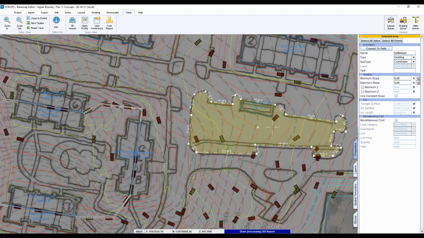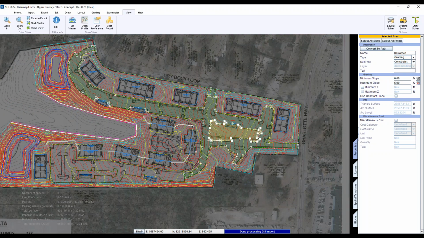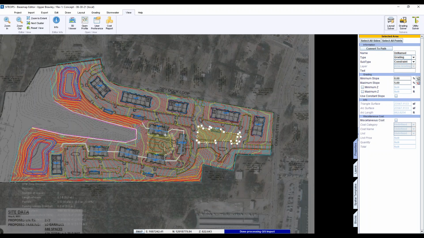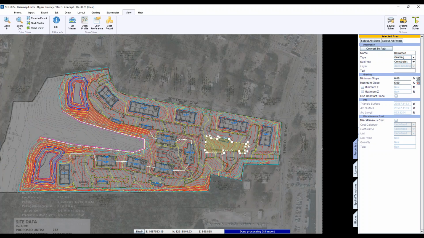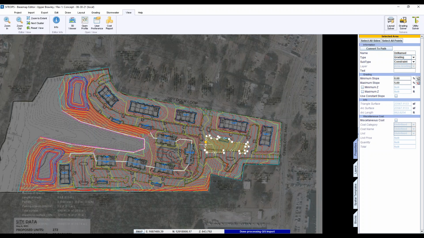It will dig holes because this is an import site. And I know it's an import site because everything's sloping downward, really steep from the get-go. So you know you're going to have to import to make this site work. It's just a matter of how much. So SiteOps in its infinite wisdom says, hey, you need dirt, I'll give you dirt. I'll dig you a hole right here. Yeah. So to counter it, you got to constrain it. So that's why on a suburban site, the constraints are really important to keep it from doing things that are civil no-nos, like digging holes in the middle of islands. Yeah.